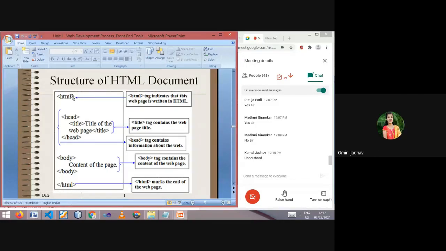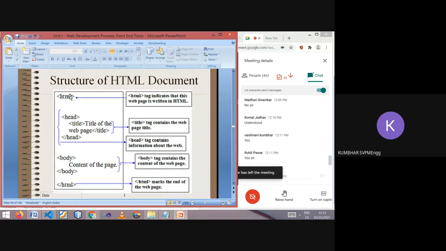Every HTML document has two main sections: head section and body section. Head will give the information about the page, the header information. It may be the title, meta tag, meta keyword, and other references you are going to use in this page.